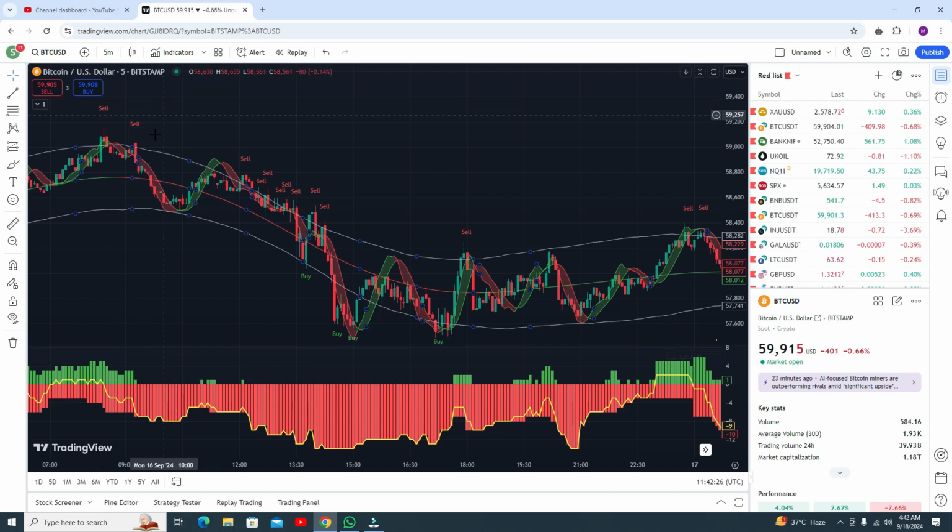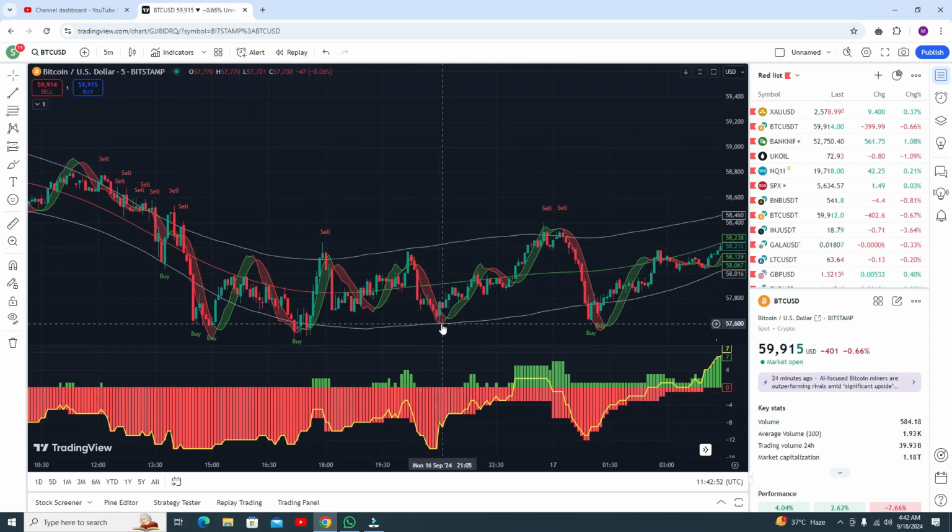Then this is your perfect sell trade, and you can book your profit when any candle touches the lower band. Here you can see you can book your profit, or you can book your profit here. First you go for the sell trade, and you can book your profit. The second sell trade is here, and you can see you got the profit here. The third trade here, and you got the profit. The fourth trade here, and you can book your profit at this point. Okay, you got 4 consecutive profits on the sell trade.